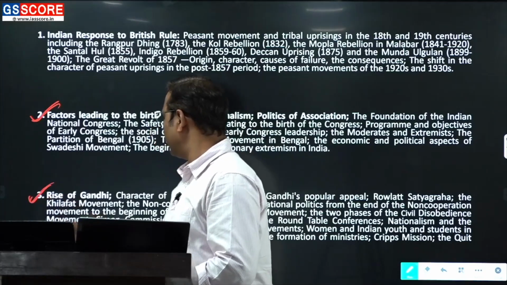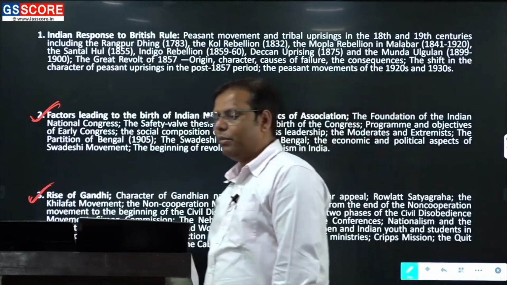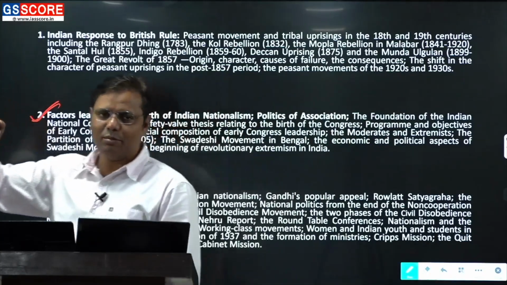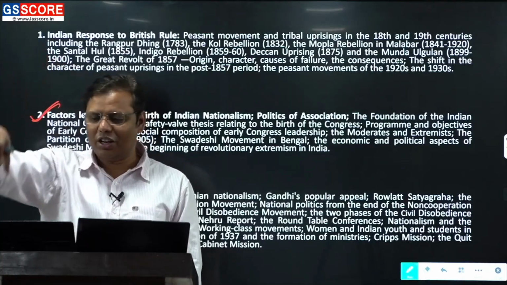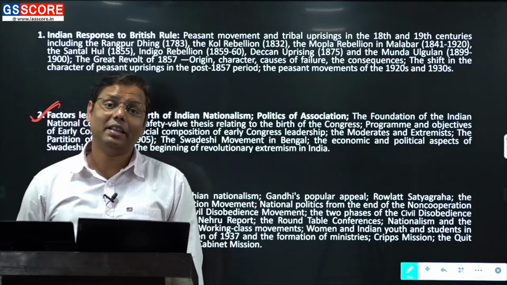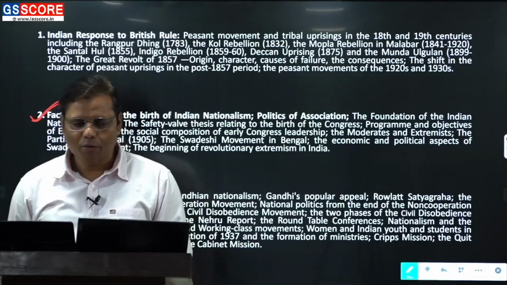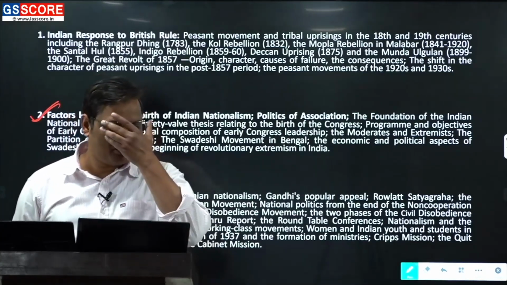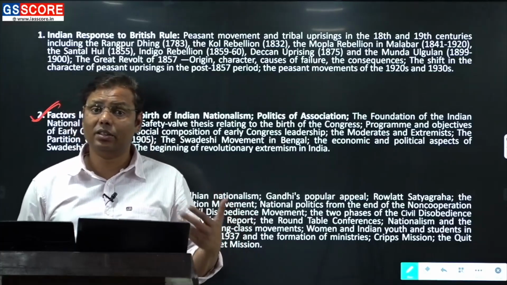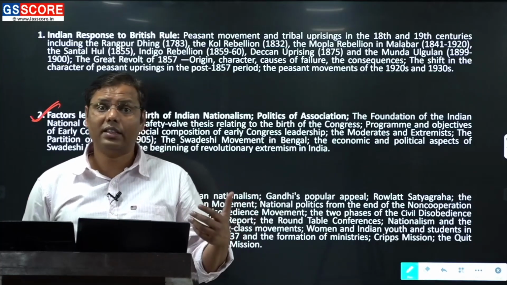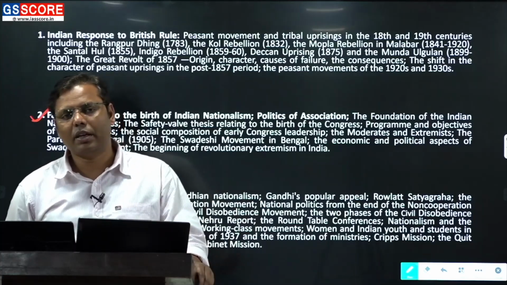Then it comes to the next one: the rise of Gandhi. Again, I'll say that when Bipin Chandra's book was the sort of official history of modern India, at that point of time there were so many questions coming from this part. There was greater weightage given to this part, and because of that, though it is just one unit, ideally speaking, there is no possibility of more than one question, yet a good number of questions were coming from the Gandhian movement.